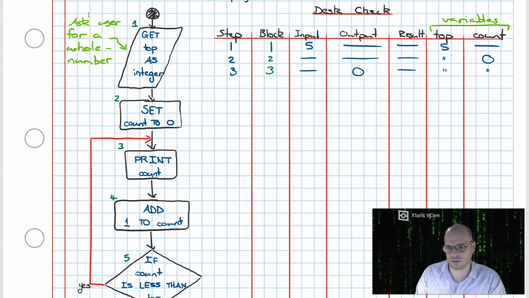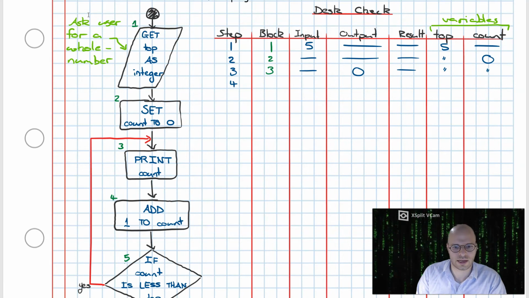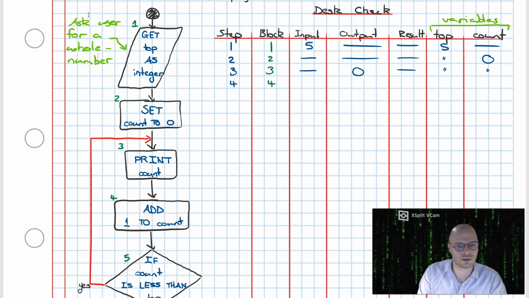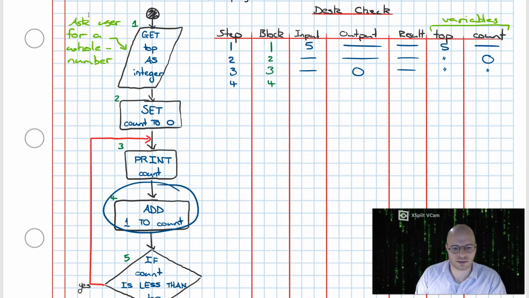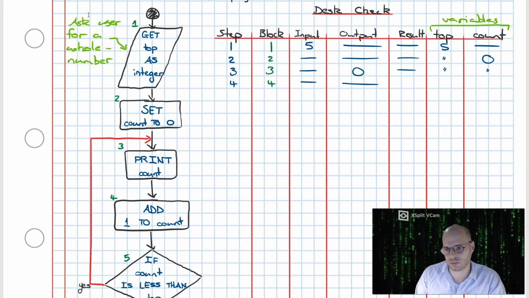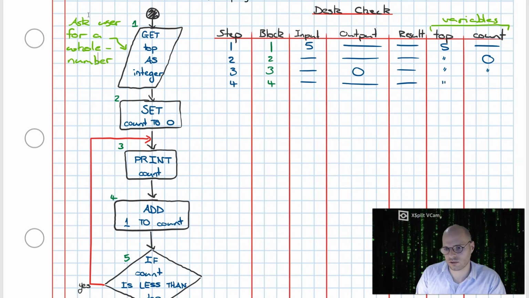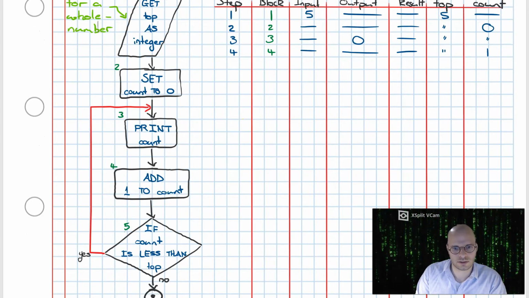So I just put these marks over here. Going across, we have step 4. We are now at block 4. In block 4, we add 1 to count. So there's neither input, nor output, nor result. The value of top is unchanged, but the value of count has gone from 0 to 1. Alright, now step 5,